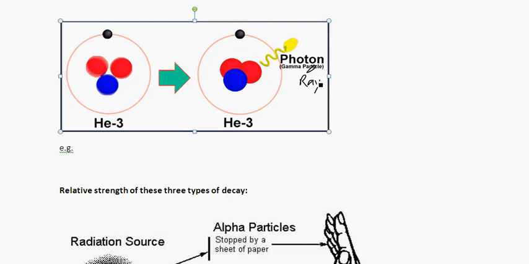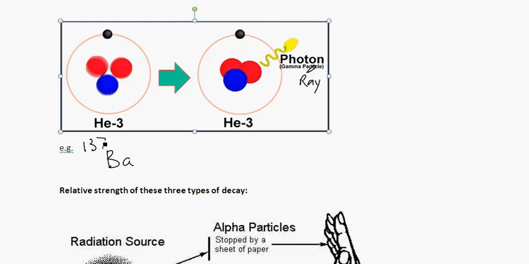So notice the difference between this one, that what's being emitted does not have mass, it is light. Whereas alpha decay and beta decay emit a particle that has mass. So let's look at an example here. If we've got